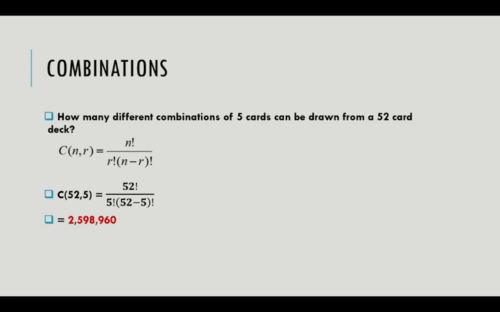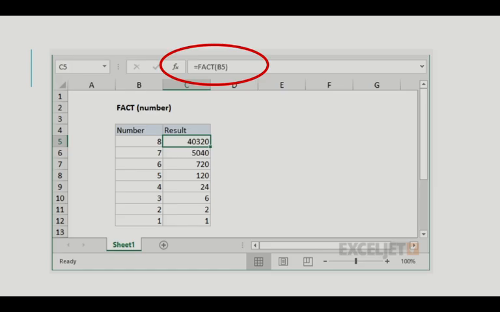So we can use an Excel function, and that Excel function is FACT for factorial. So if I wanted to know the factorial of a number, I can just use FACT and then tell it which cell I want the factorial of. So if you look at this example right here, we're taking the factorial of cell B5. Well, if you look at cell B5, then you've got 8. So 8 factorial must be